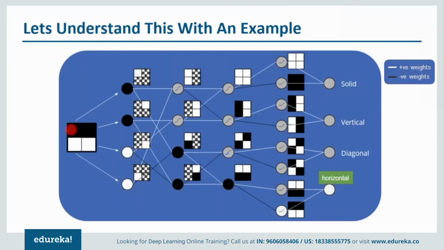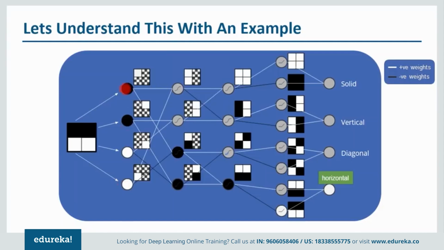So we'll take an image which has 4 pixels. If you can notice, we have 4 pixels here, among which the top 2 pixels are bright, that is, they are black in color, whereas the bottom 2 pixels are white. Now what happens? We'll divide these pixels and send them to each and every node. So for that we need 4 nodes. This pixel will go to this node, this one to this node, this pixel to this node, and finally this pixel will go to this particular node that I'm highlighting with my cursor.